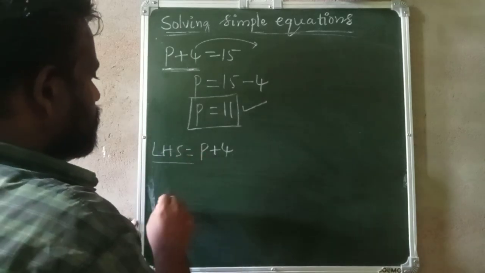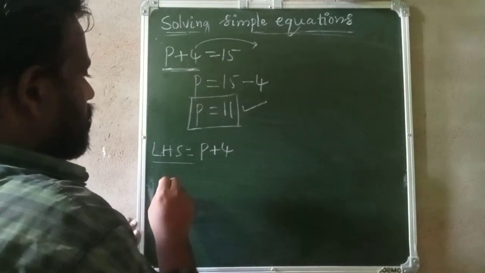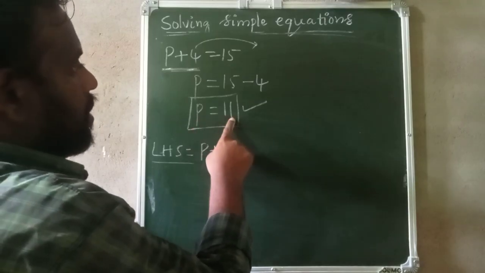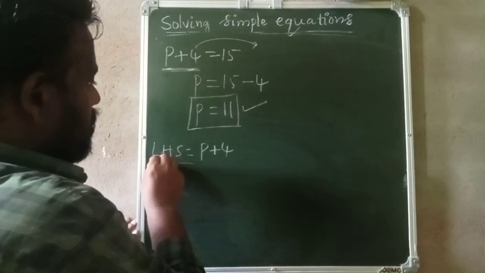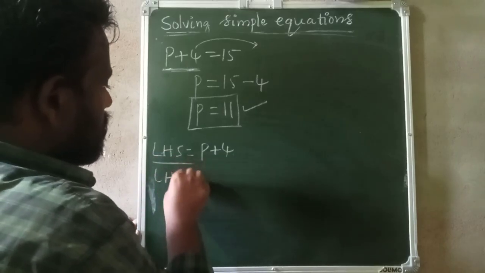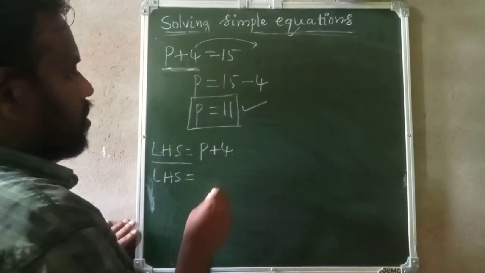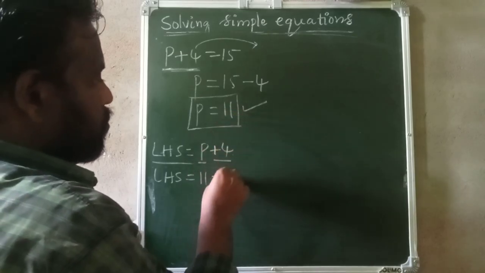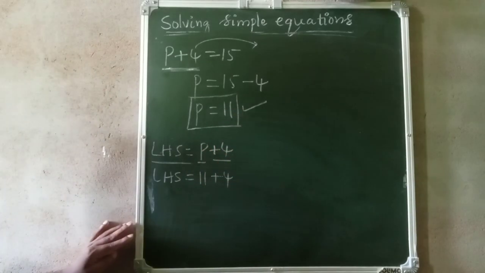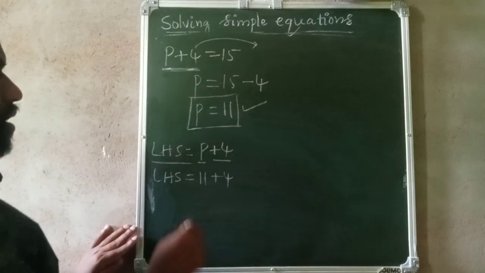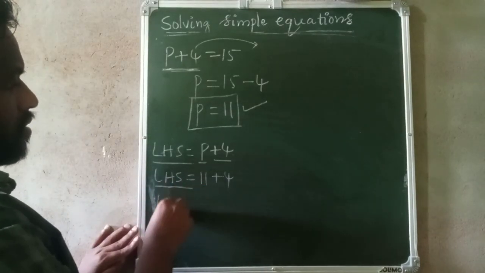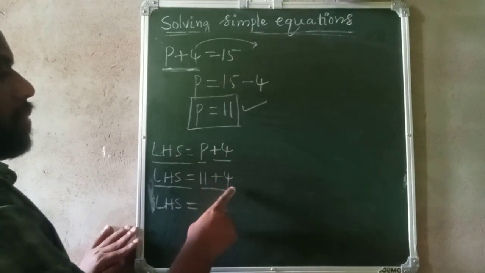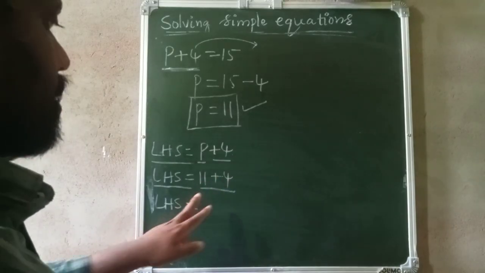So next step, we have to substitute the value of p. The value of p is 11. Before substituting, write this LHS is equal to, now in place of p, substitute this 11 plus 4. So in the next step, LHS is equal to, now 11 plus 4. So we have to add 11 and 4 because